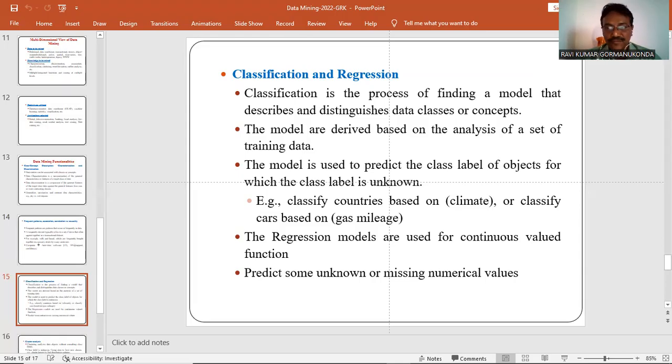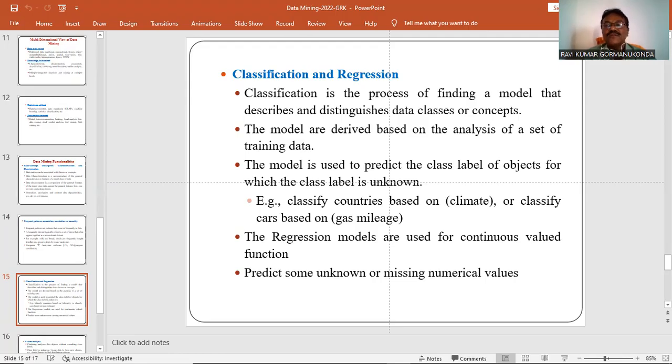Classification is also used in medical diagnosis. For example, a doctor diagnoses diabetes as a positive or negative case. Based on lab reports, he constructs a model from sample data, like training data.